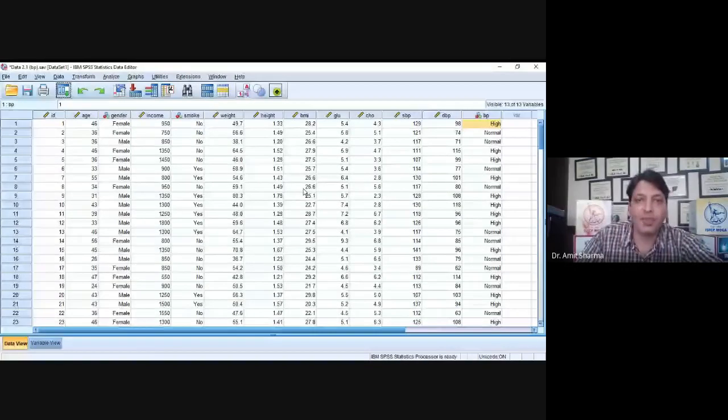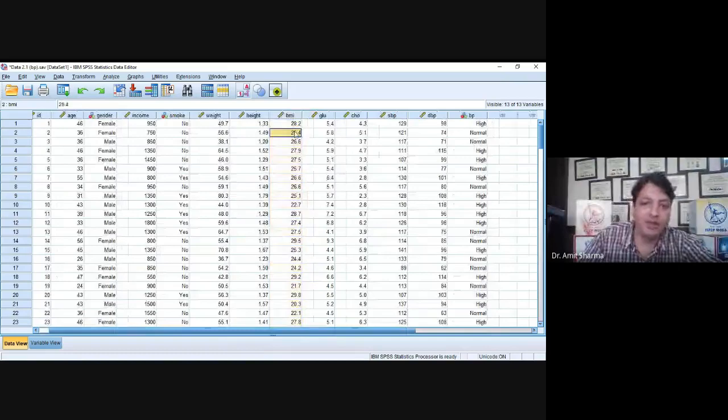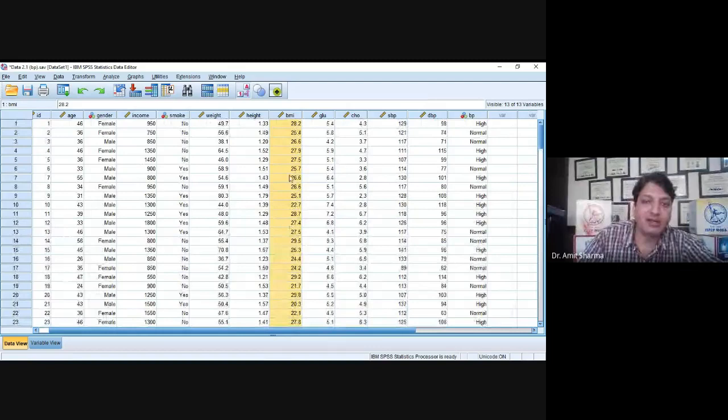See, if you want to apply ANOVA through SPSS, you should have two different variables. For example, BMI, which I have taken here. The BMI which I have entered is given in the form of numbers. So I cannot directly apply the ANOVA test on BMI because I want to find out the mean glucose level, and here is the glucose level. So to these two different columns, I am going to apply the ANOVA test.